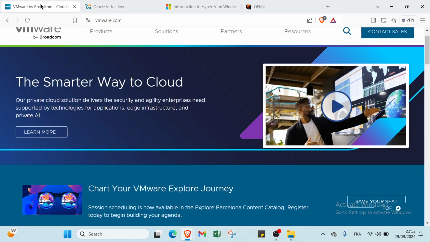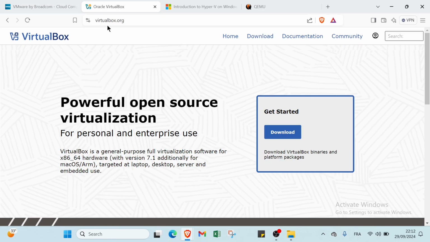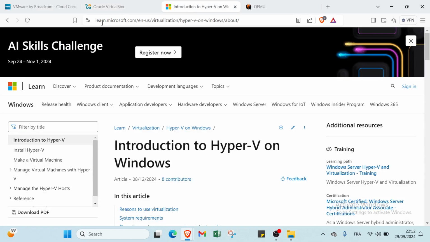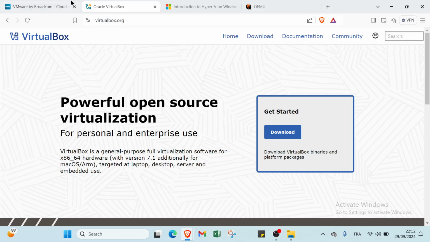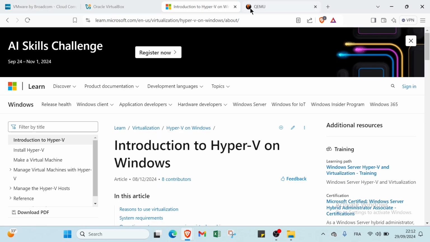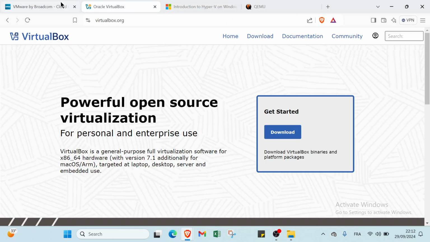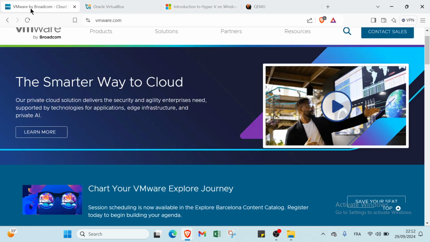So, about the first one, VMware.com and VirtualBox, we have also Hyper-V and QEMU. So, all this is useful and helpful, and you can just get started with VMware